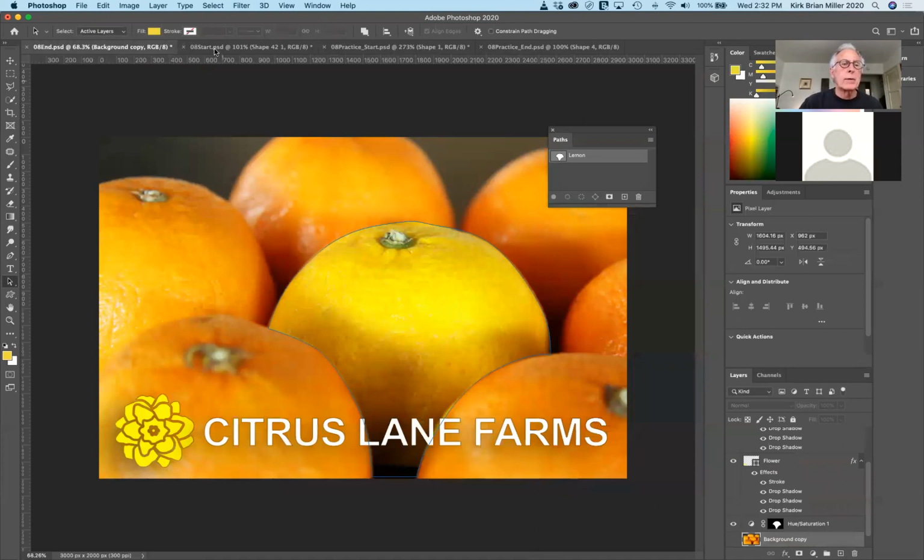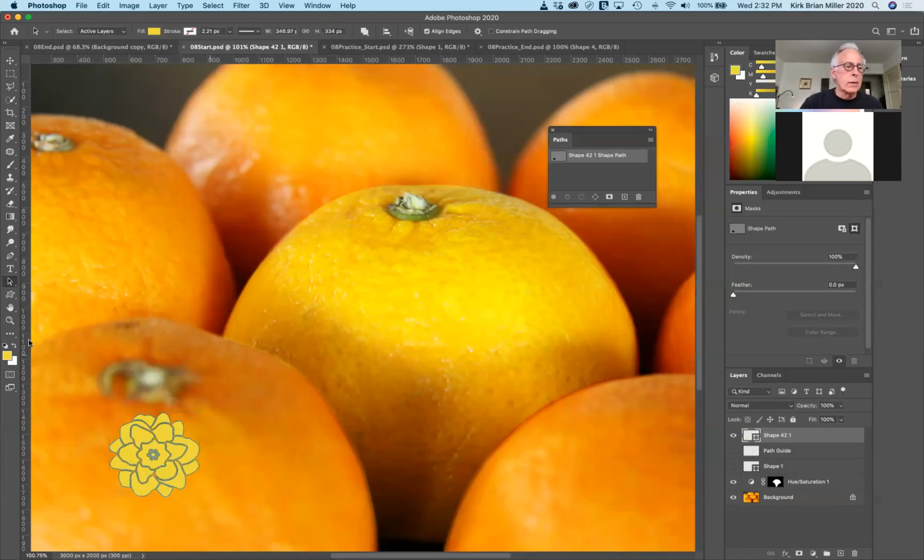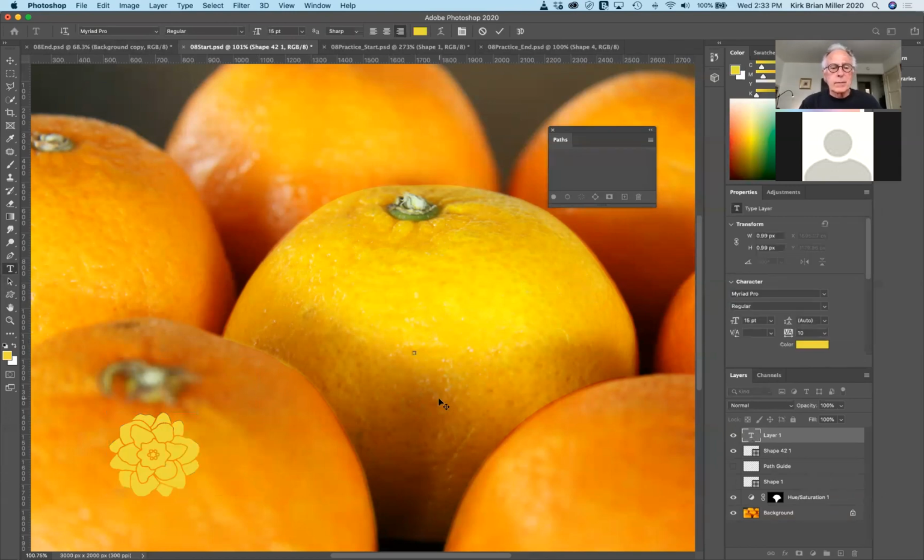So I'm going to go back over here and let's put caps lock on. And I'm going to select the type tool. And I'm just going to use horizontal type. And I'm going to use Myriad Pro just for the heck of it. And just click here. Okay. And type layer, I want